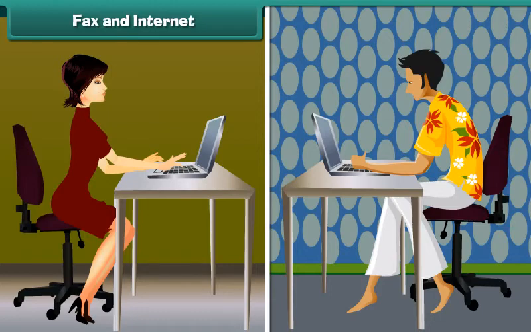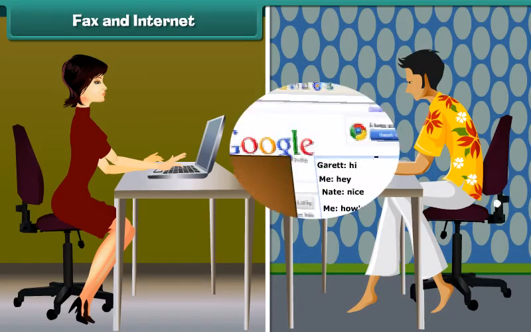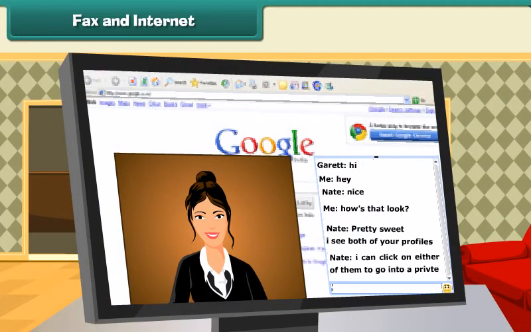Electronic mail, popularly known as email, is also a modern means of communication. It is most popular in offices. It is a modern or advanced method of sending typed messages using computers and internet. These help to transfer the messages really fast, almost within a few seconds. Voice chat and video chat are also means of modern communication through internet.